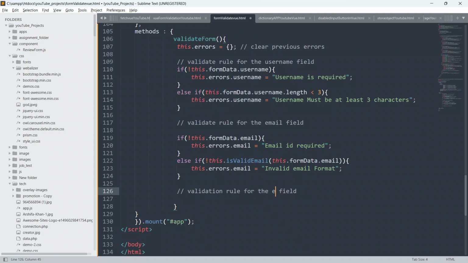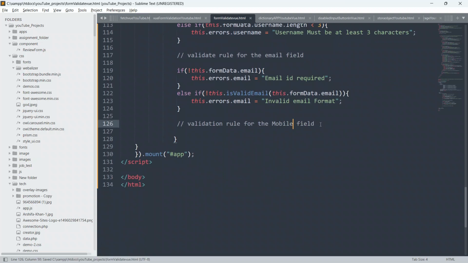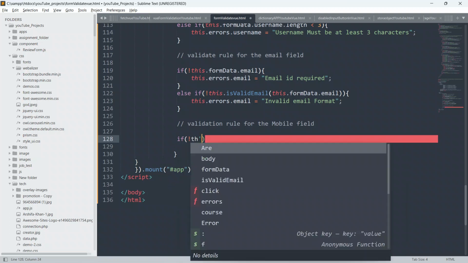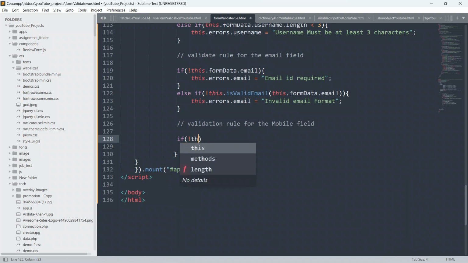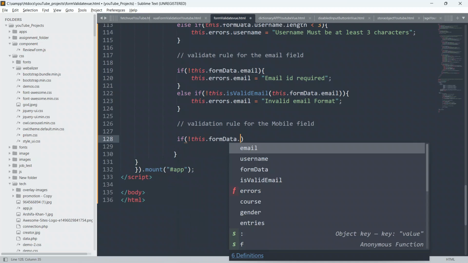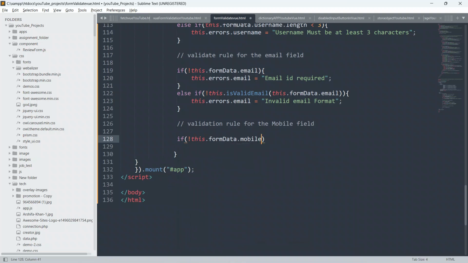Okay, mobile field. Now just go down a little bit and put if, and we will say if does not equal this.formData.mobile.